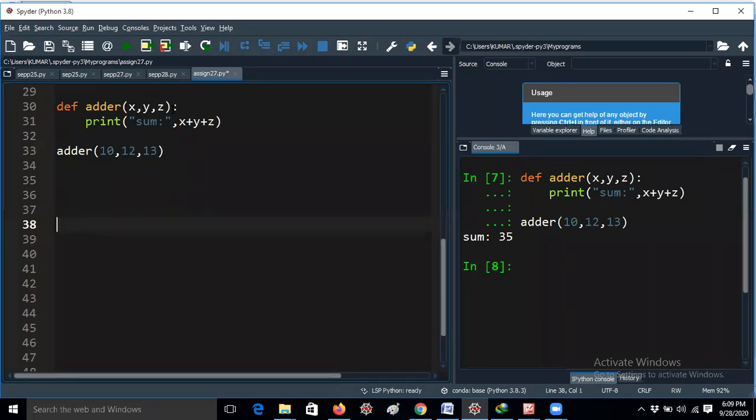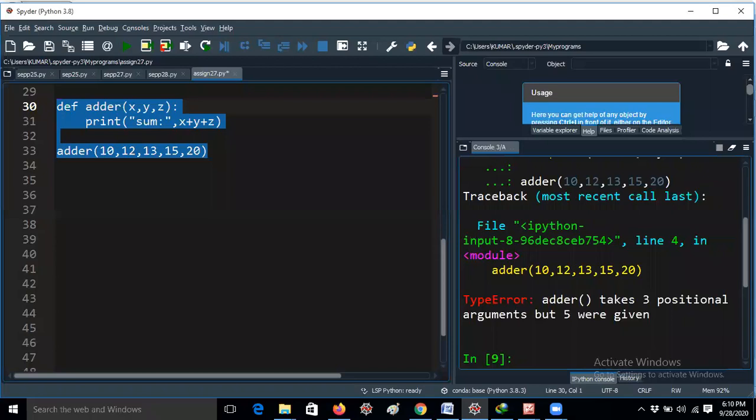So here I am giving x, y, z only, with 10, 12, 13. If I would like to give 15 and 20 as well, what will happen, guys? Please tell me in the chat box. While answering any question, you should use the chat box, don't use the question and answers. No, it will not be 35. How will it be 35? I'm passing 5 arguments now. Error. Okay, fine, let me run this, guys.